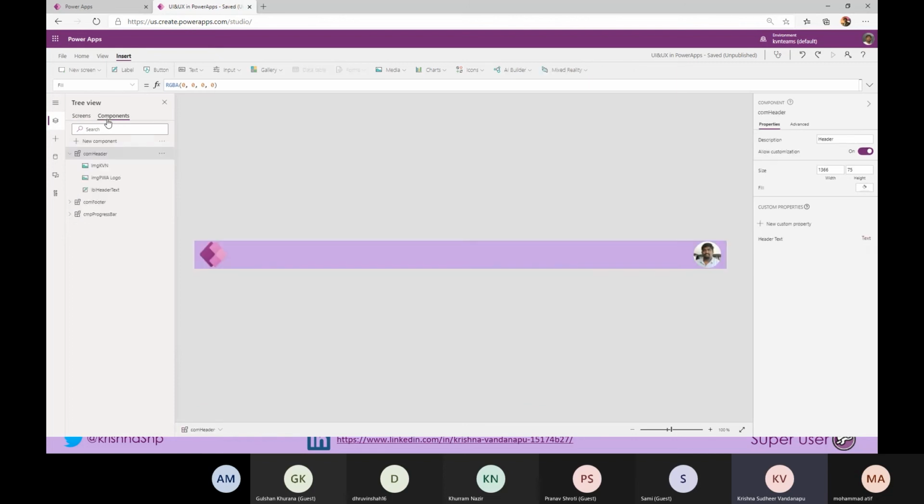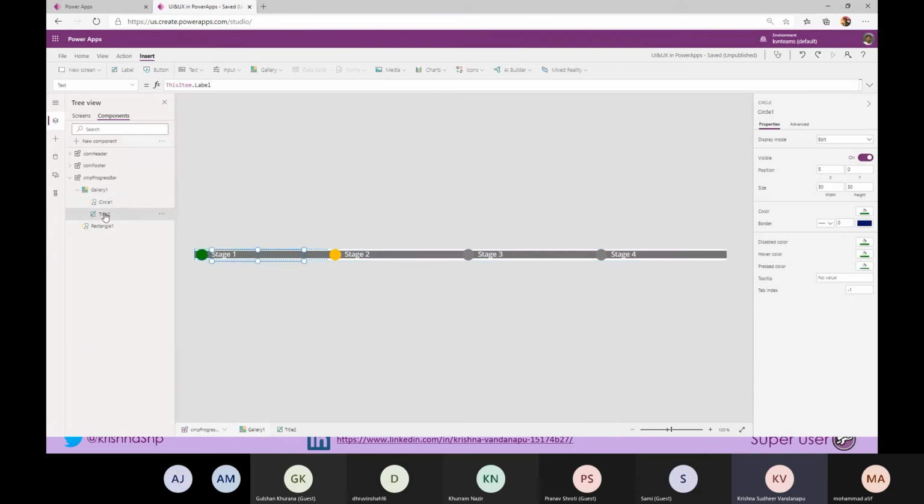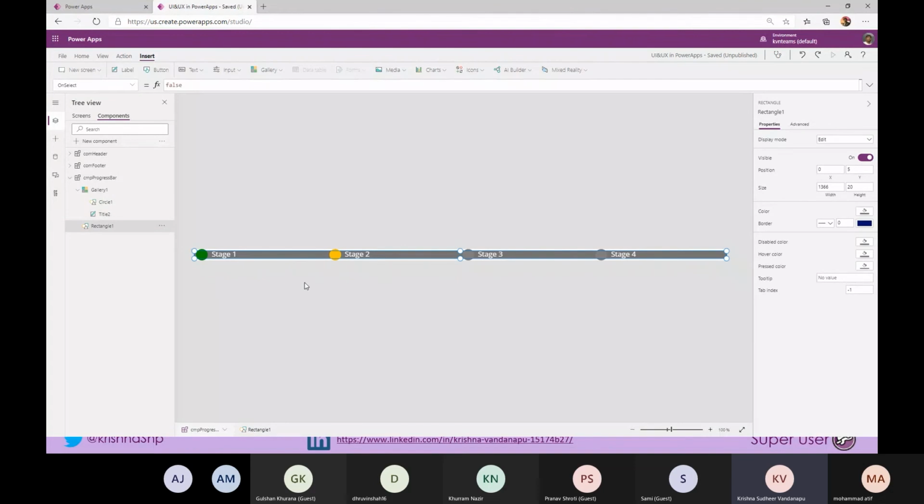So how did I do that? In my component, I have created a simple gallery. In the gallery, all I have is one circle, one label, and a rectangle to style my progress bar. These are the only three controls I have to implement this progress bar.